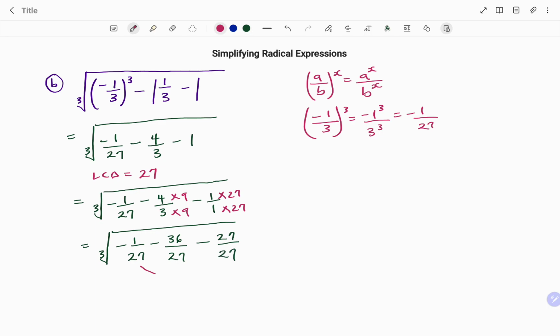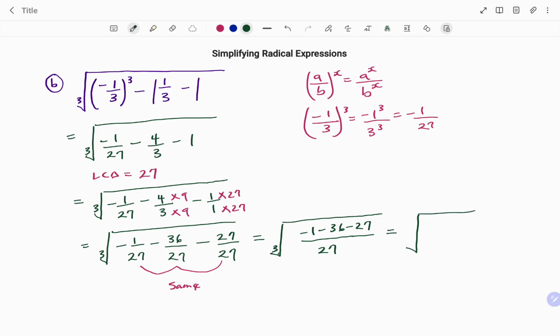Note that the denominators are now the same, so therefore I'm going to place the fractions under the same denominator. I have that as cube root. I have the same denominator of 27, so minus 1 minus 36 minus 27. I'm going to extend my fraction bar, and what that will give me is cube root of minus 64